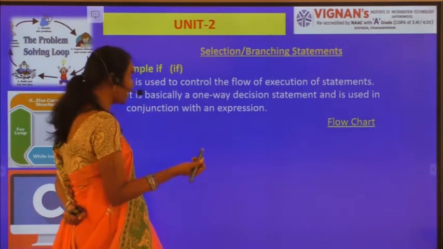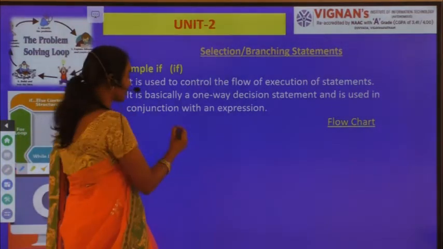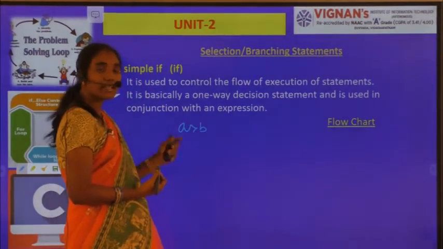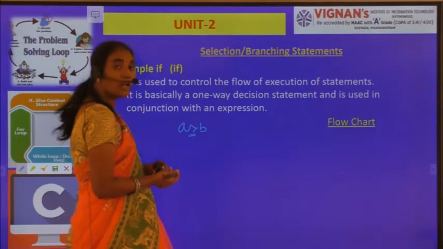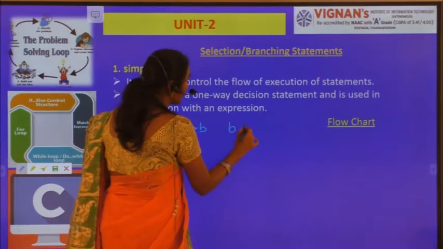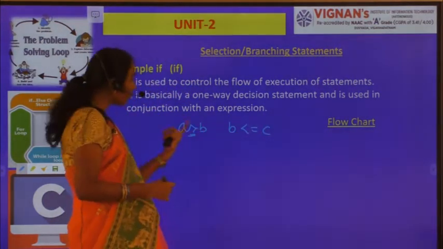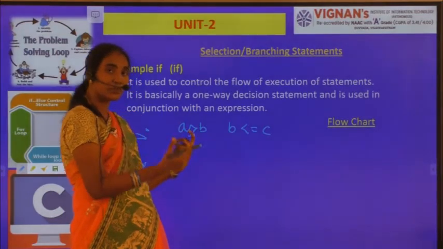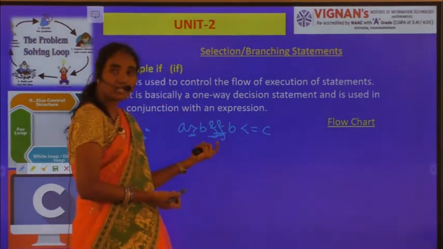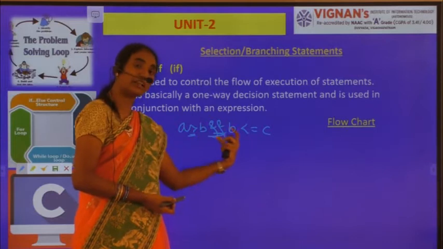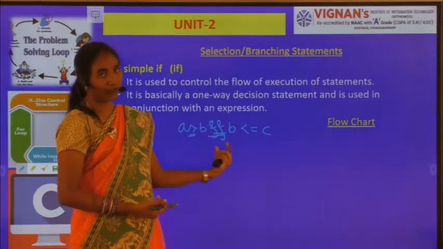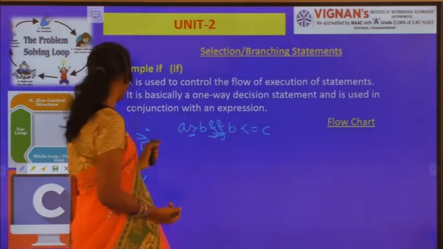For example, as you already know the relational operators, right? For example, A greater than B. This is a single expression which has only one relational operator. Whereas I want to check one more condition along with that. For example, B is less than or equal to C, right? So both the conditions I want to check. Both the conditions must be evaluated to true. So in that case, I will use a logical operator called logical AND, so that if both the conditions are evaluated to true, then only I am entering within the block, right? So with the help of relational operators and logical operators, I am going to write the expression or condition.